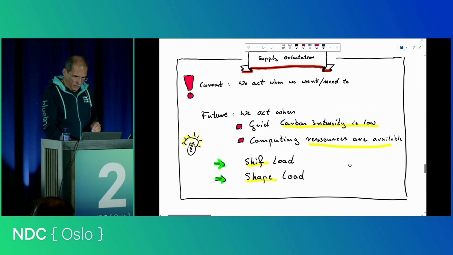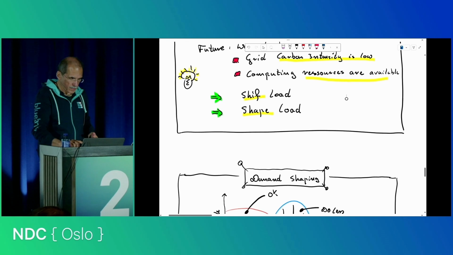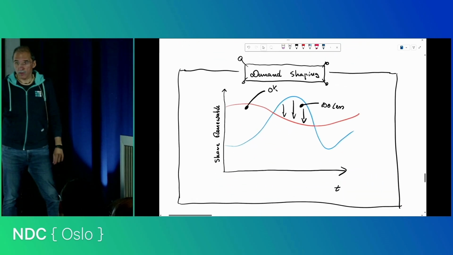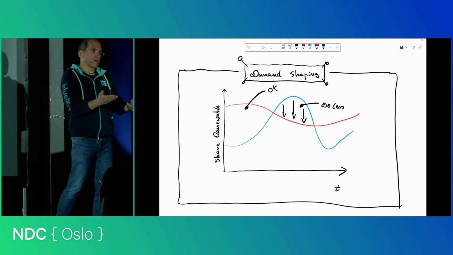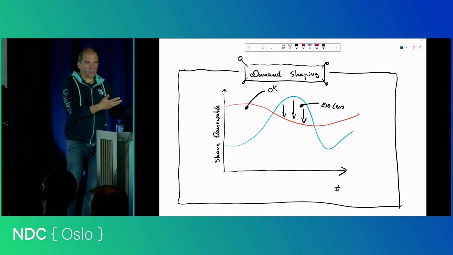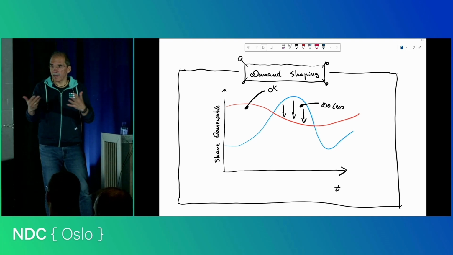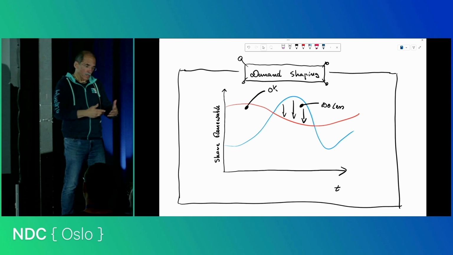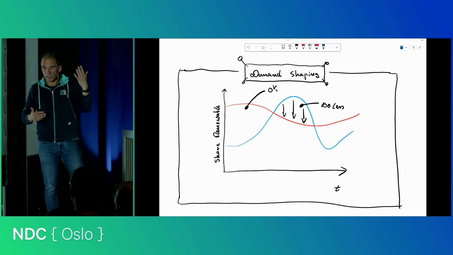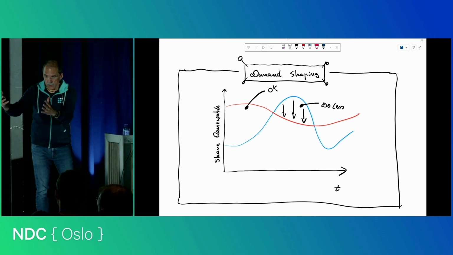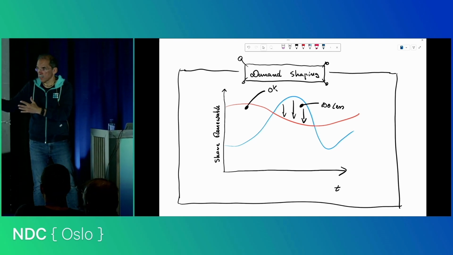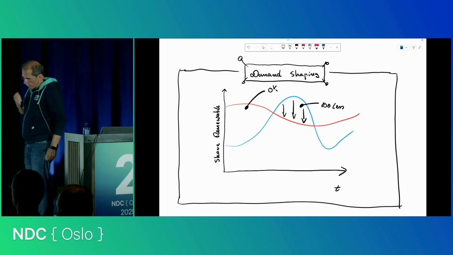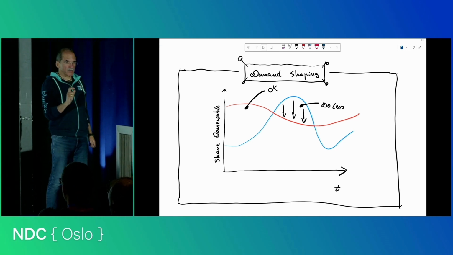The next one, and it's getting more and more complex, is called demand shaping. And this is the more shifting. So, this time shifting, we are familiar with it, because we know it from our electric cars. So load the car when the sun is shining, or run the dishwasher when the sun is shining. And run the compute job when the sun is shining. So it's always the same principle. But now we can change it once again.